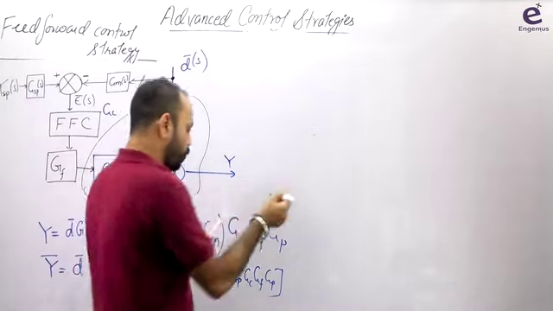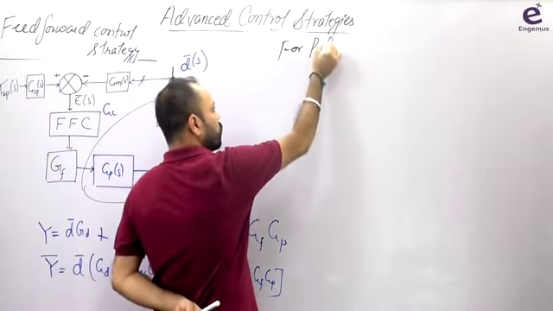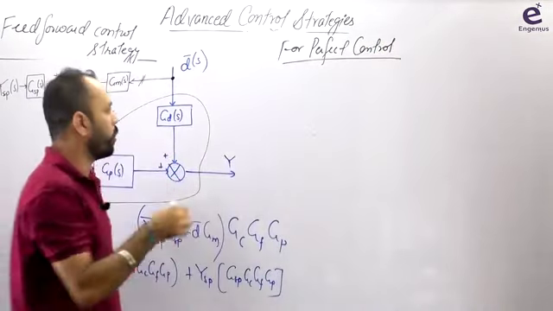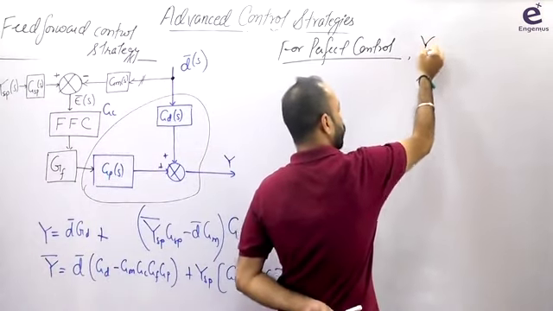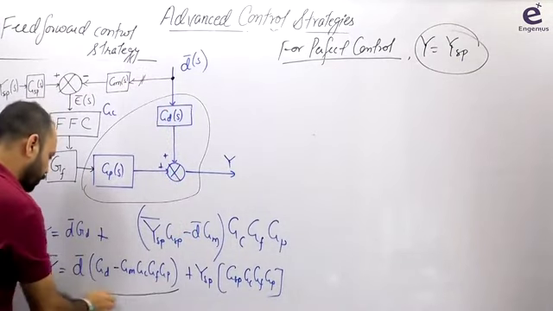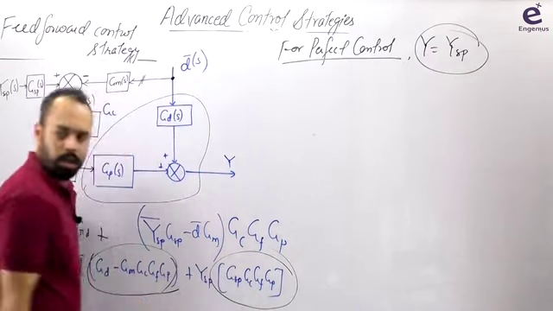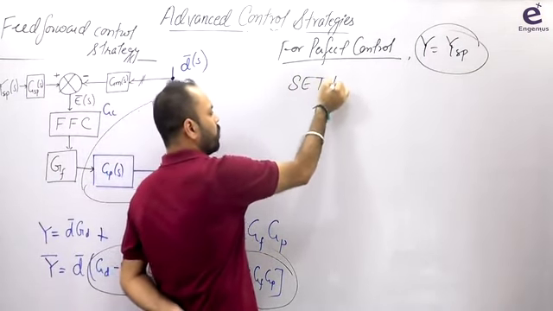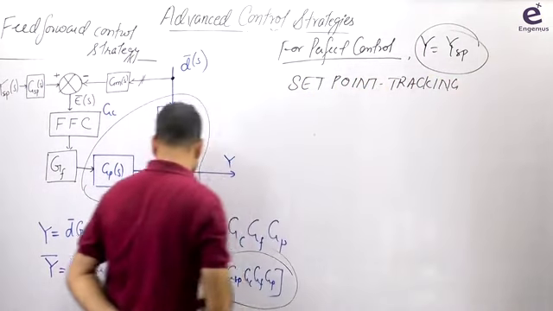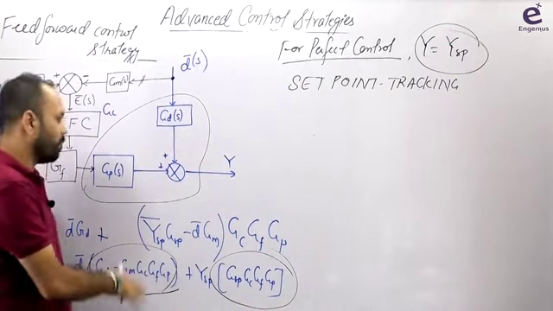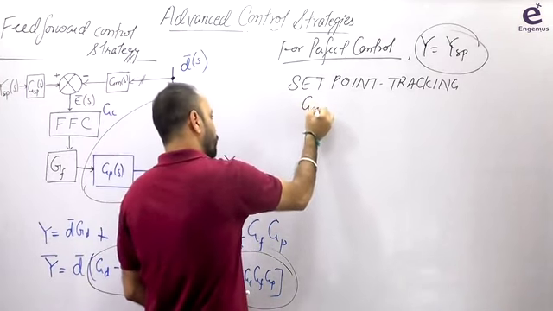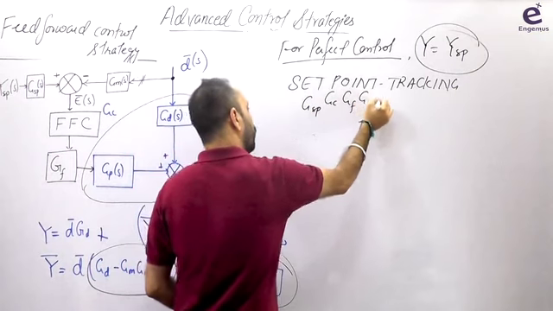Now, for perfect control, we have two criteria. First one is set point tracking. Actually, for perfect control, whatever set point you give, Y should be the same, है ना? यही तो एक बात है. Y should be equal to YSP, and when this is equal to 0 and this is equal to 1. इसको बस इन्होंने दो पार्ट्स में बांट दिया, इसका कोई अलग से स्पेशल मतलब नहीं है. Set point tracking means the coefficient of set point should always be equal to 1, so that Y is equal to YSP, and disturbance rejection means the coefficient of D bar should always be equal to 0. So set point tracking gives you that this coefficient GSP, GC, GF, GP should be equal to 1,